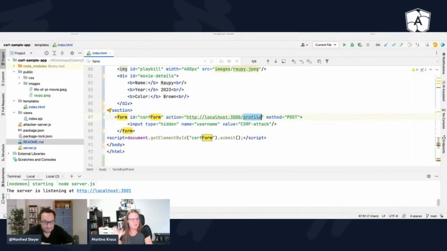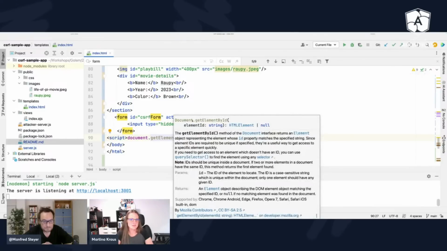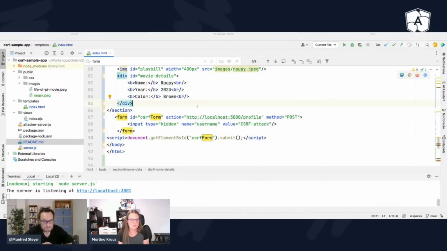So I want to change something, some user data apparently, with a post method. And here I have some hidden input fields, so the person, my victim, would never ever see this input field because it's hidden. And not really scary, but I changed the username to some other value. Okay. And after that, I insert a script tag which submits the form for me. So immediately when this website gets rendered, it will basically execute this form.